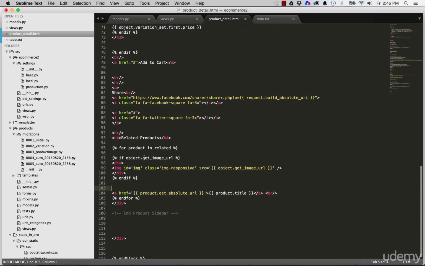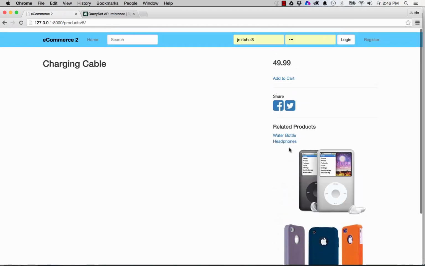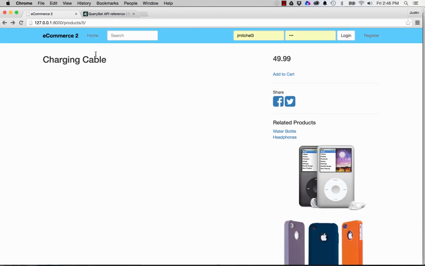And I'm going to paste this in here too and just change object to product. And we'll say if product.get_image_url, we'll do that. Otherwise, we'll just say else, and we'll go to product title. So end if. So if it doesn't have an image, then it's going to go to product title. And I'll get rid of these div classes right here and just put a break after. And we refresh in here. And now I'll see actual images for the various products. Of course, we could clean that up, but I'm going to leave it like that for now,